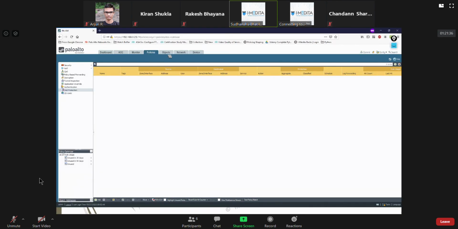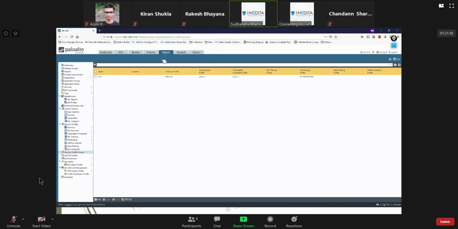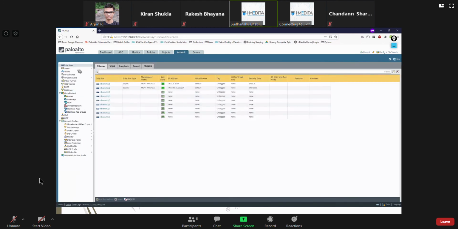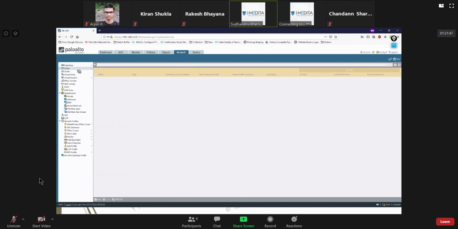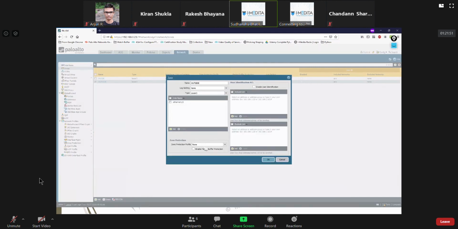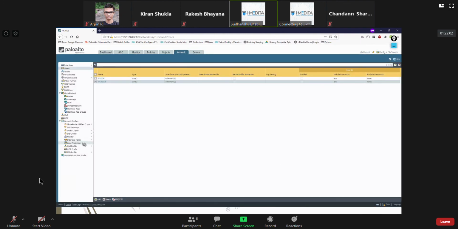Compared to this, if you go to Network and then Zones, I'll just show you. Here you see there is this zone protection profile. This option can also be configured directly from here. You can configure it here and then apply it to a zone.